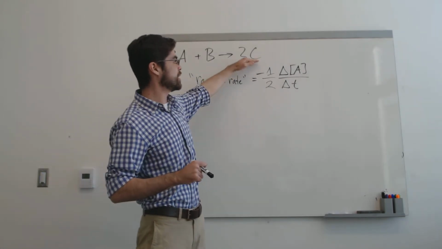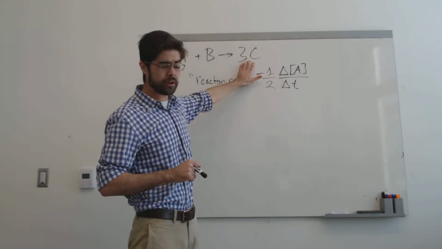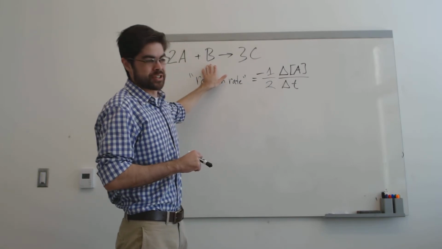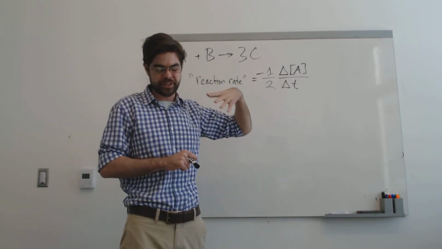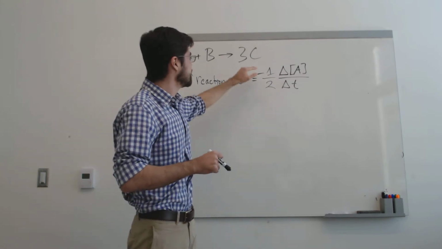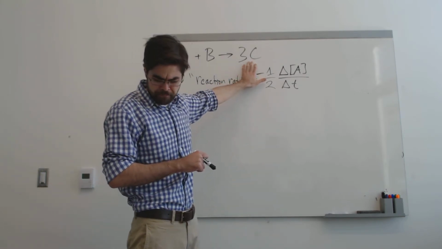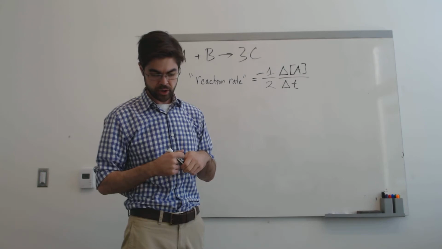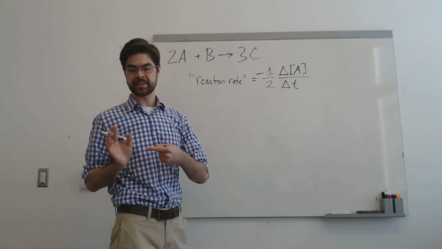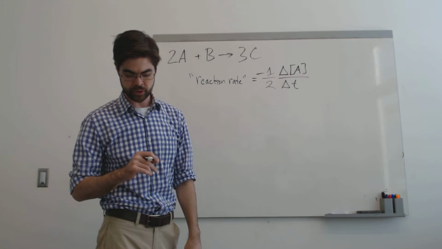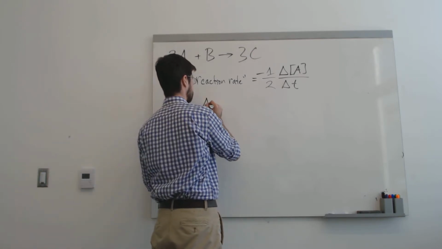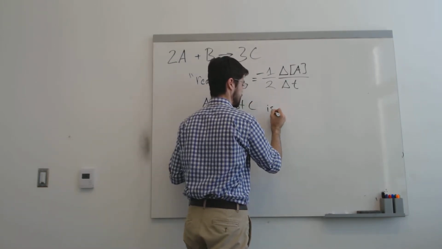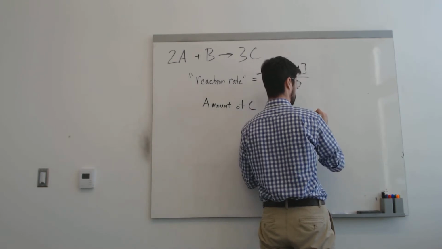When I have the 3 here in front of the carbon, it's not a carbon, it should just be C, and B is just B, but I'm going to call them carbon and boron because it's easier for me to say. I get 3 carbons for every boron that I lose or react. So I'm going to write that as a sentence and show you how you can transcribe it into an equation. I would say the amount of C is 3 times more